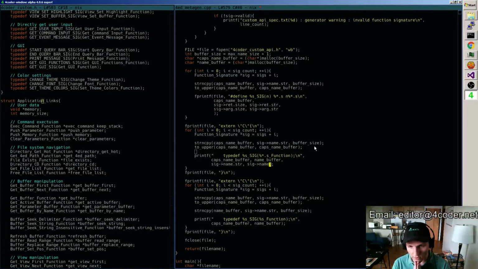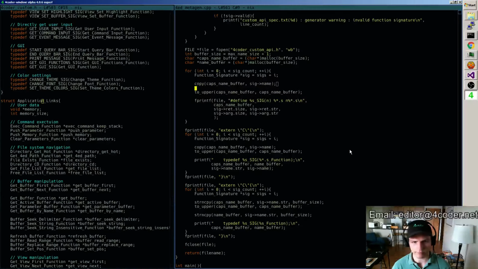Oh, strncpy's got a problem. So what I want is more like one of my own copies, I guess. So copy into caps name buffer from the string, and then let's just fix these because that otherwise isn't going to work.